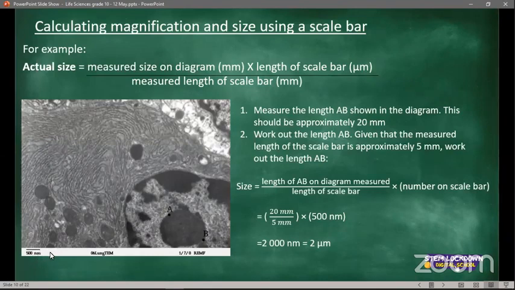We said the length of the scale bar can be in micrometers or nanometers, and in this case, it is in nanometers. It is given to you, so you do not have to determine it. And the measured length of the scale bar, you simply